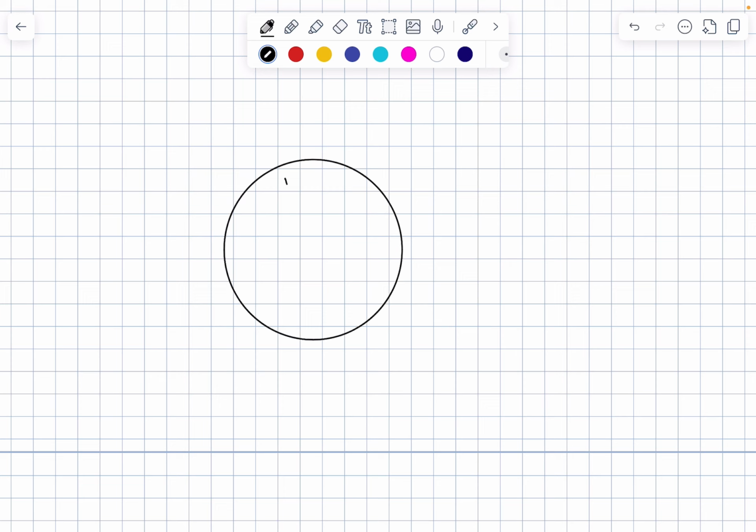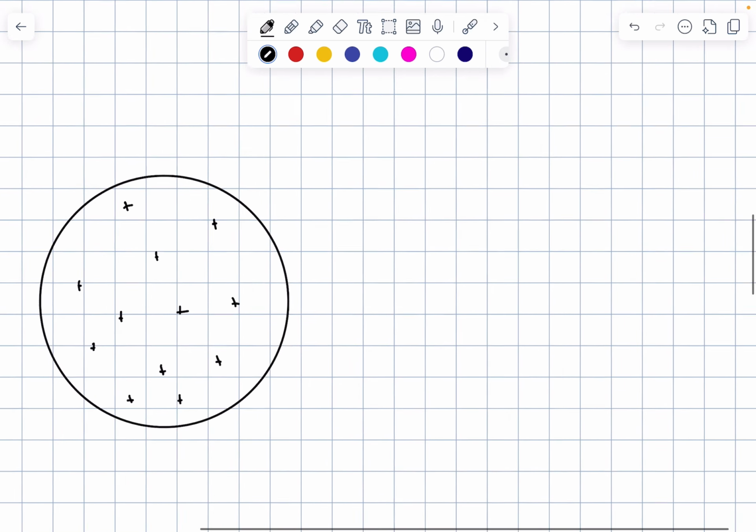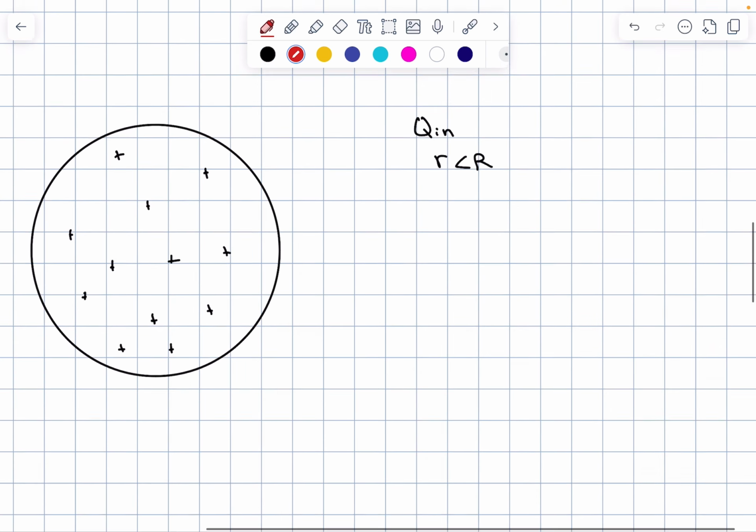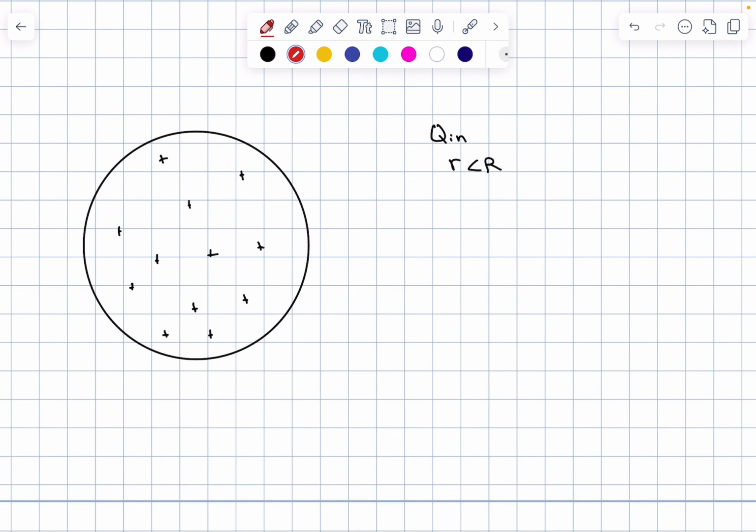All right, so we're going to start this off by just having an insulating sphere like this, and we have charge that's uniformly distributed throughout it. And the first thing you might be asked is to figure out what is the charge enclosed for a Gaussian surface of r less than R. By that, I mean if I have a center point here and my sphere has a radius R, and I were to ask you how much charge is enclosed